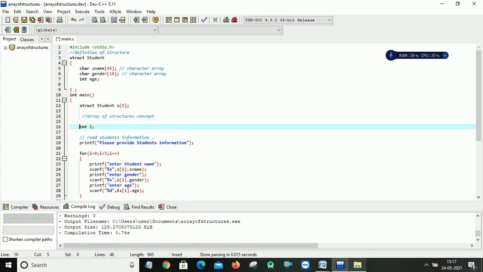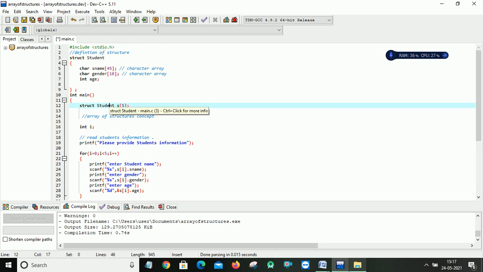Here in this line, it will show you how we are creating an array of structures. I have created 5 variables of type student. And we all know arrays are used for grouping similar information. Here I am creating 5 variables of type student only.